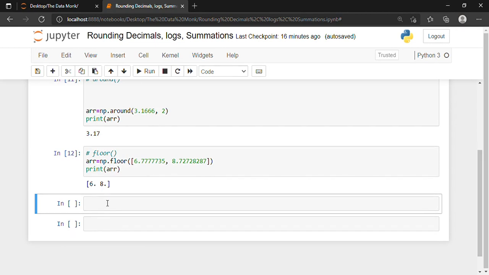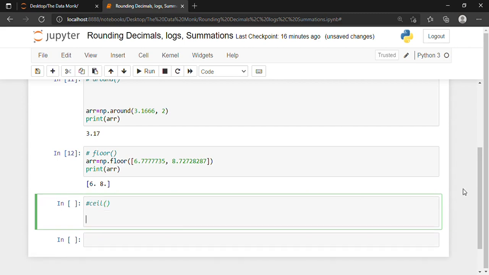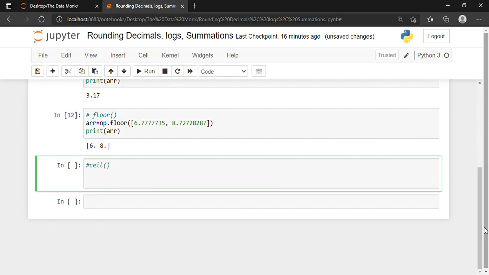But now we will talk about the ceiling function or the ceil function. So what does the ceiling function do? Array is equal to np.ceil.